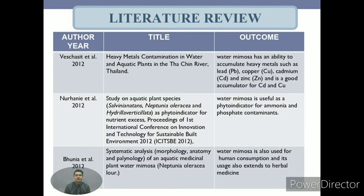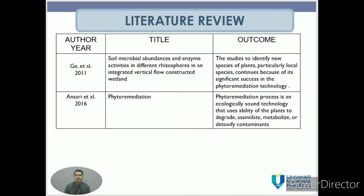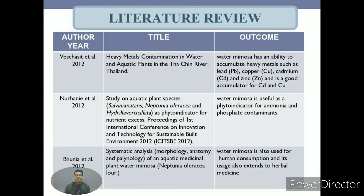Next, we are going to the literature review. These are the literature reviews regarding this topic, which will be helpful during this study. One of the outcomes from the previous study